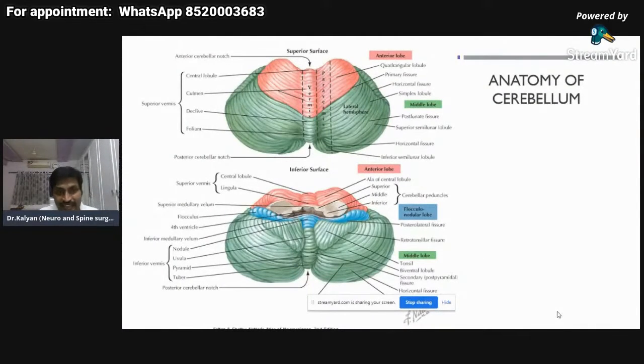By the end of this presentation, you'll be very easily able to tell what the cerebellum is, what the parts of the cerebellum are, and what the functions of each and every specific part of the cerebellum are. The cerebellum is a very complicated structure. If you go into depth, there are many things to learn, but practical aspects of learning may not be there. So I will not go into depths of the anatomy which are not important for you. I will try to teach only that part of the cerebellum which is important for you.